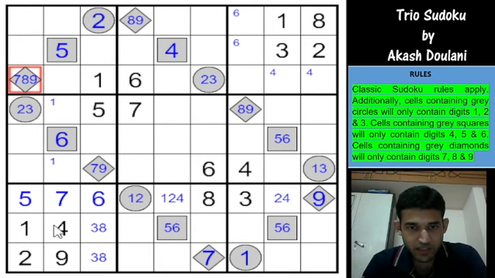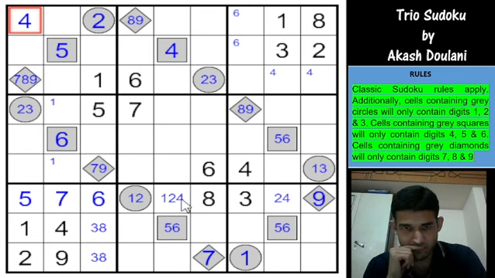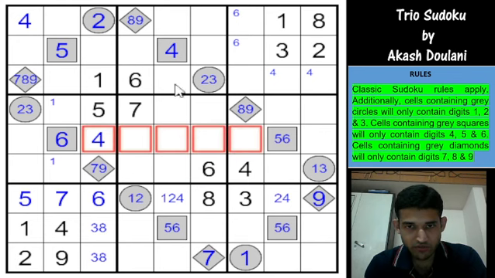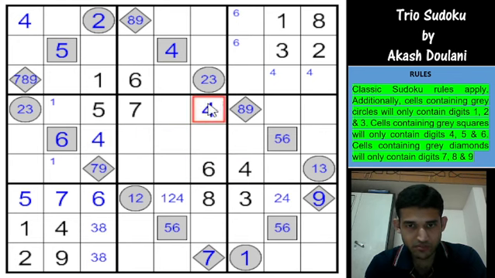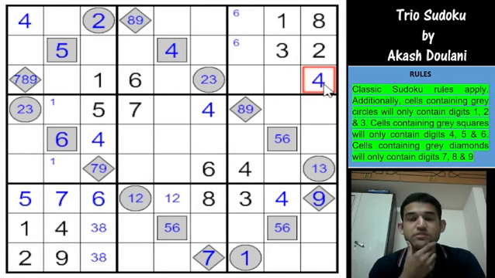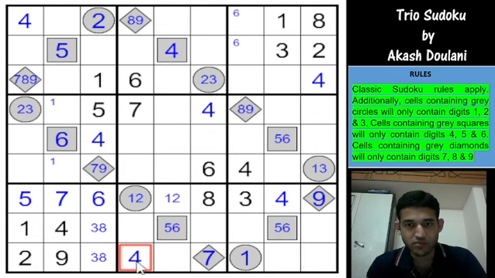Okay, I'm seeing that the 4 in box 1 has only one cell left, so 4 is going here, and that gives a 4 here using classic. And 4 is in row 6, 4 is in row 5, 4 is in column 5, so 4 goes here, and 4 gets removed from here. This becomes a 1 2 pair, which means this cell has to be a 4, and that immediately gives a 4 here because we had made a corner pencil mark earlier, so that becomes a 4. And we have placed all the 4s in the grid now.